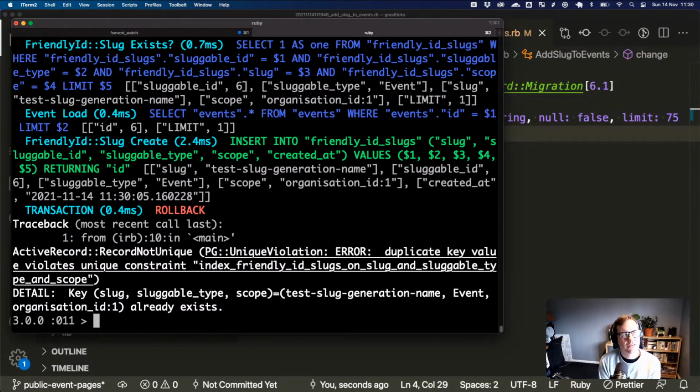So let's say we delete an event, or we allow a user to delete an event that's at test-slug-generation-name. If we want to do soft deletion, for example, we want to provide a customer service where they can reinstate the event or have like a trash can or recycling bin, do we release that slug back to the user to allow them to use it again?